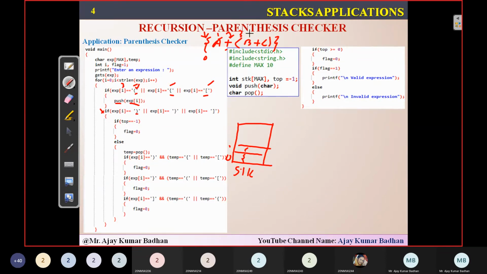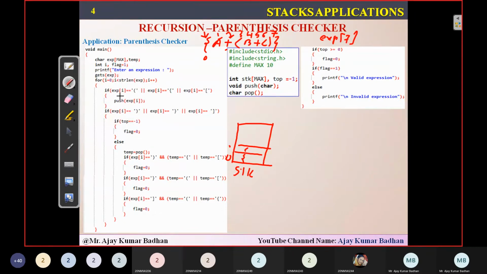So 4 consists of, what is the value? 4 consists of B. So I am not interested in that. Next it will go for i equal to 5. Not interested. i equal to 6, not interested. i equal to 7, expression 7. So EXP7 is what we are working on right now. Now it will again check the condition.